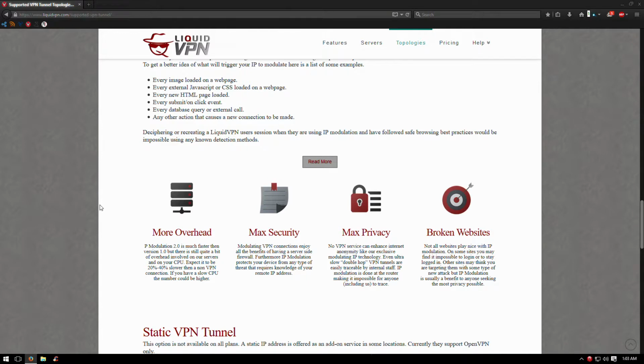Deciphering or recreating a LiquidVPN user's session when they are using IP modulation and have followed safe browsing best practices would be impossible using any known detection methods. So it's also really hard, or impossible, to detect that you're using this type of connection. It's really amazing. IP modulation 2.0 is much faster than version 1.0, but there's still quite a bit of overhead involved on our servers, and your